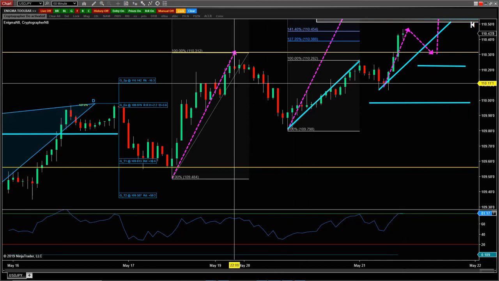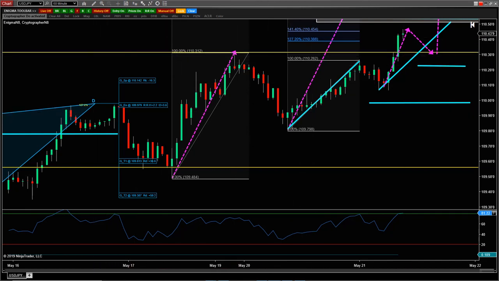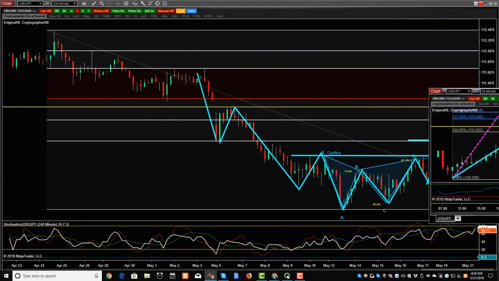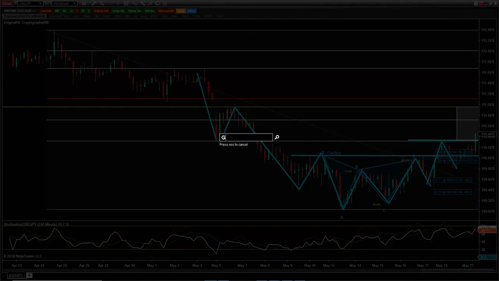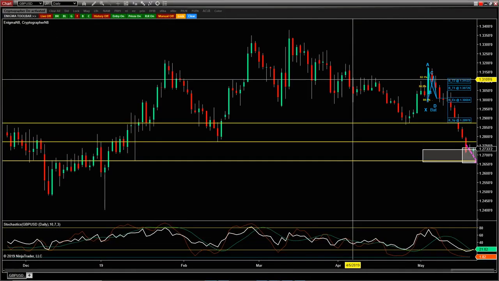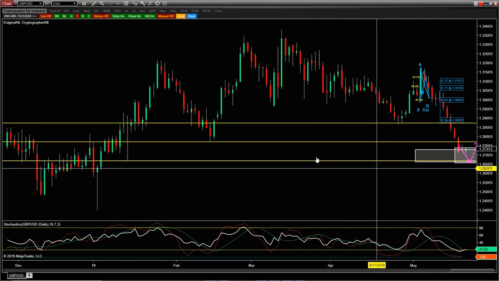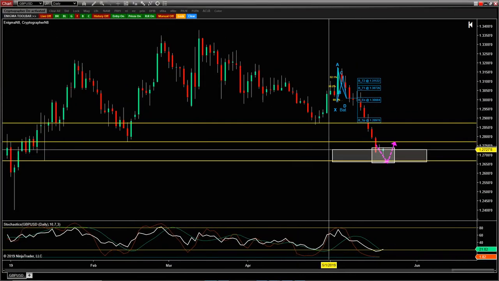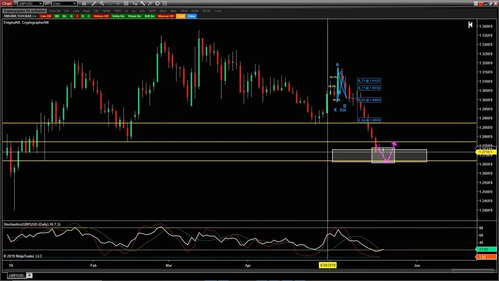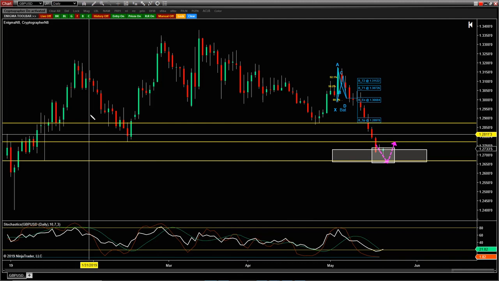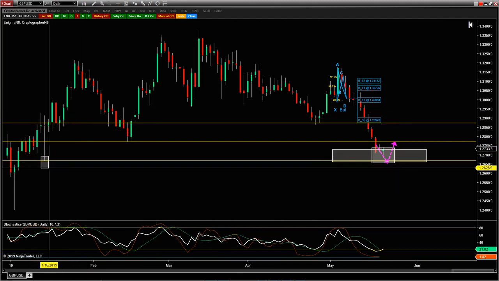Pound dollar is interesting because we're at kind of the exhaustion point of a large bearish move. So on my radar this morning, I was looking for either a reversal or a breakout. And you can see we're down here at the 127 even handle. We got that nice little box there. Look left, we got the sneaky little wick down here.